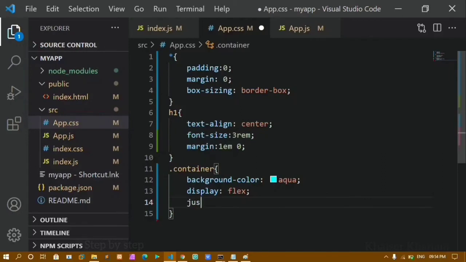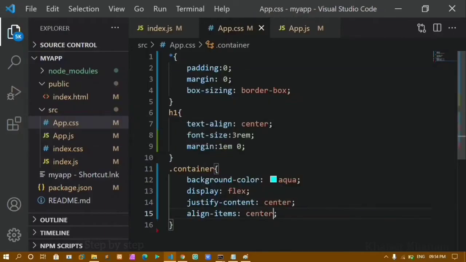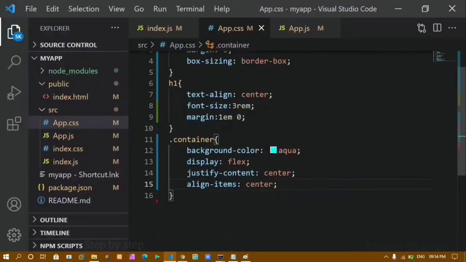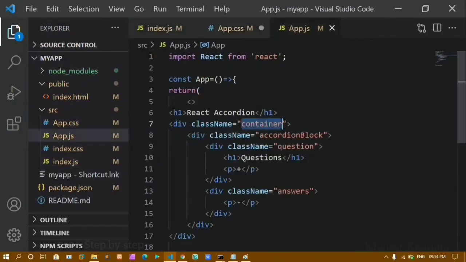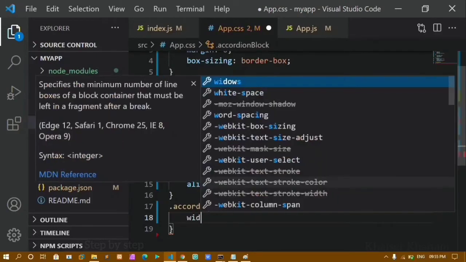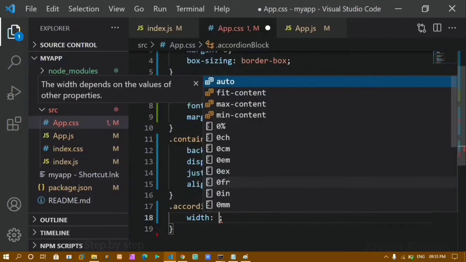I'll be giving one more property, that is justify content to be center, and also I'll give align items to be center. I'll save this. Now you can see my container will come in the middle. Now this is my container where I am having all this heading, this plus symbol and this minus sign. Now here I'll just come to app.js. I'll copy this class and here I'm going to paste that class. For this I'll be giving width. Width I'll just give 50%.